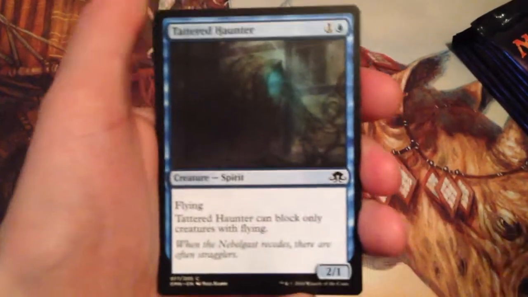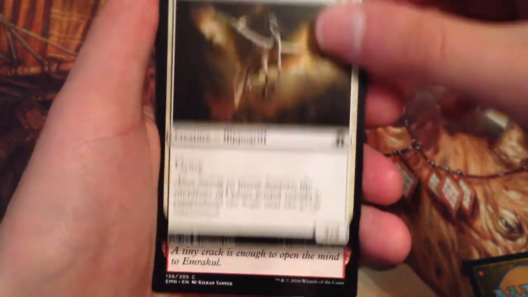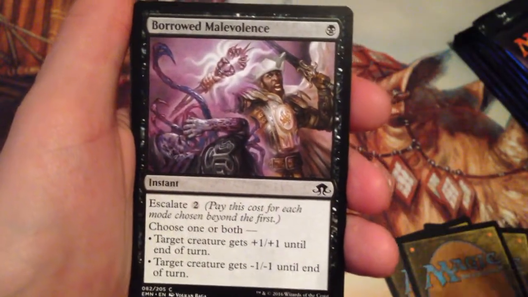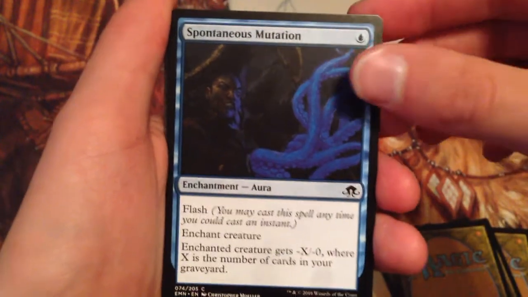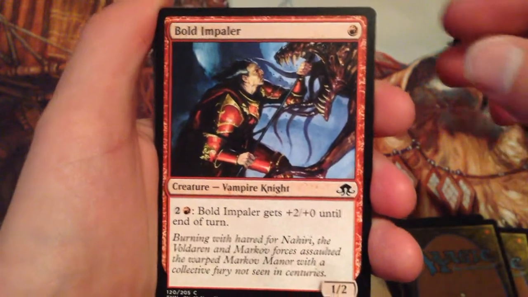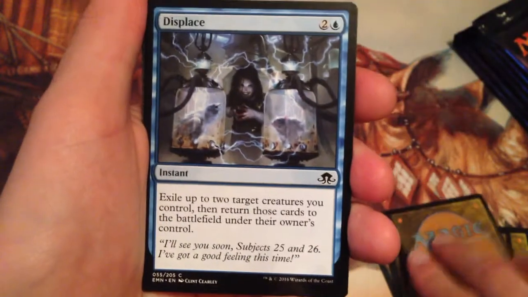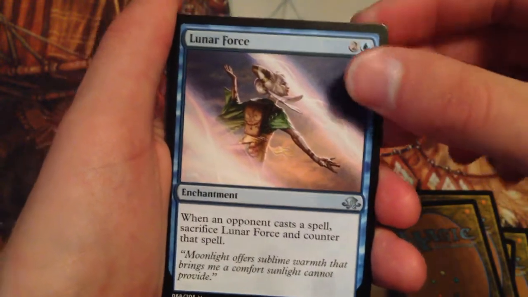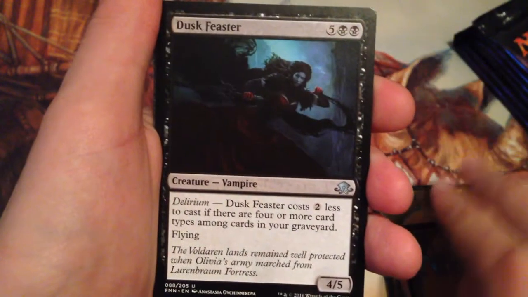Alright, pack 1. Tattered Haunter. Dawn Griff. Otherworldly Outburst. Borrowed Malevolence. Spontaneous Mutation. Bold Impaler. Guardian of Pilgrims. Displace. Lunar Force is our first uncommon. Insatiable Gorgers. Dusk Feaster. And our rare is...